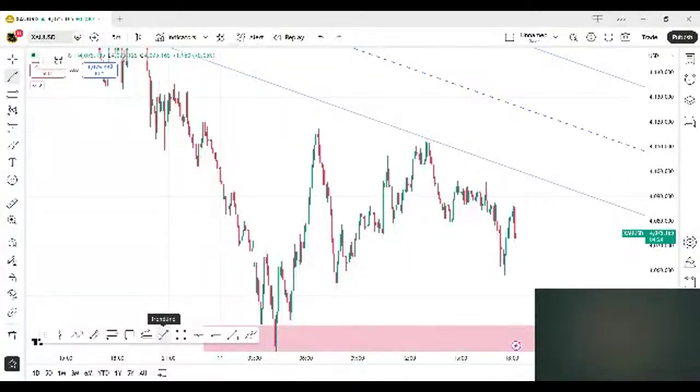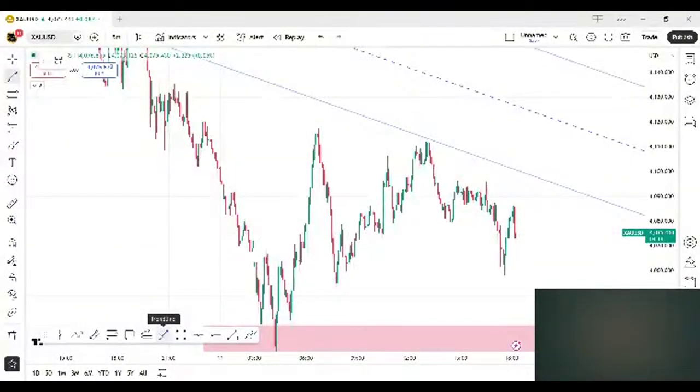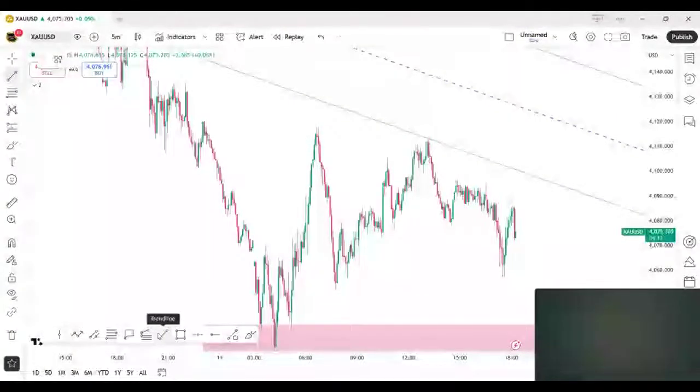We did the analysis on the 30-minute and H1, the 1 hour time frame chart, and there we get the clarity about where we can look for the buys and where we can look for the sells, and what the possible positions are. We got three possible positions for the sell, from where we will look for the sell trades